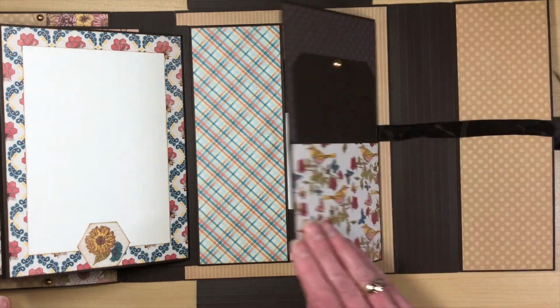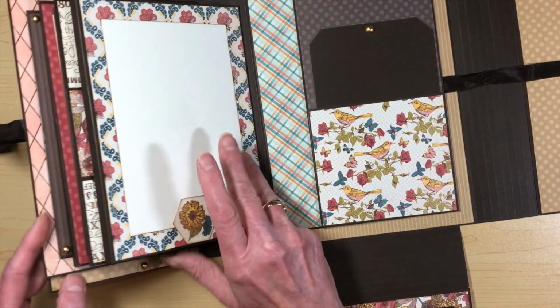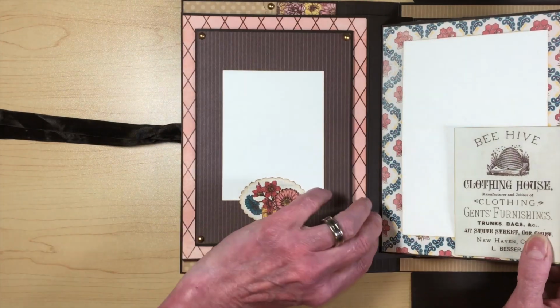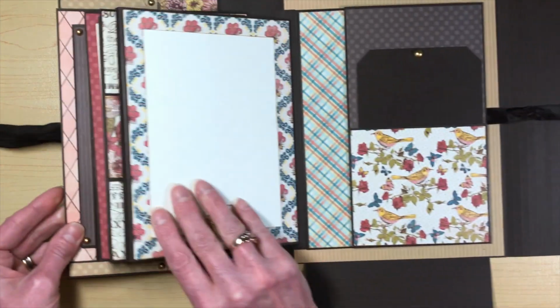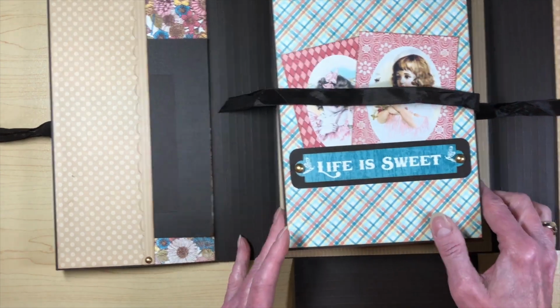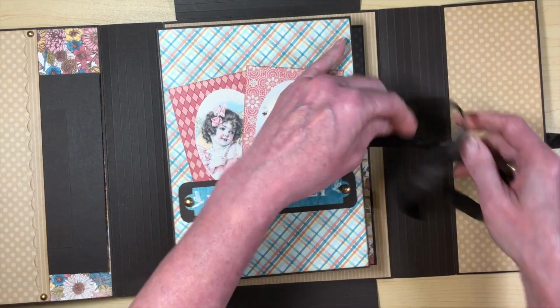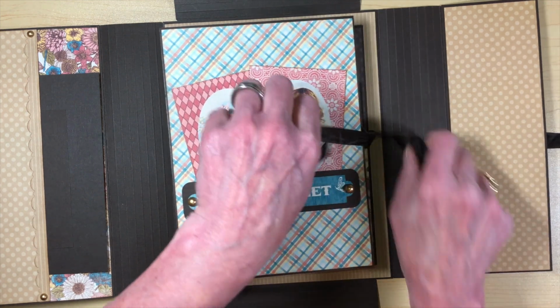So that is my project. Oh, this is held together by a magnet closure. I should have said that. And then the trifold in the front is held together with a magnet closure as well. So this is my project. This was really, really fun to make, and I just loved how the papers turned out. They're really gorgeous, and if you look at the papers,